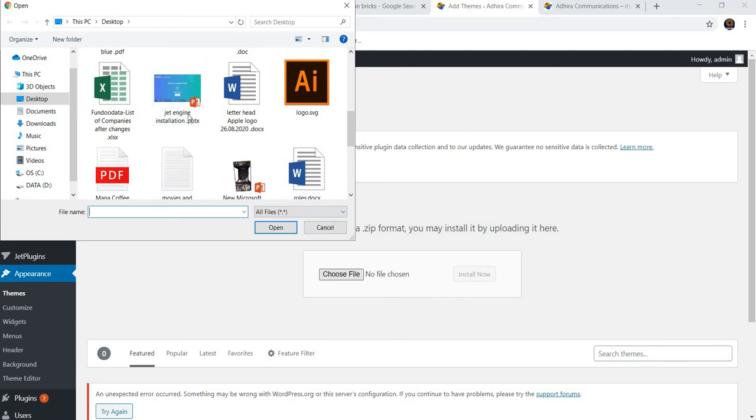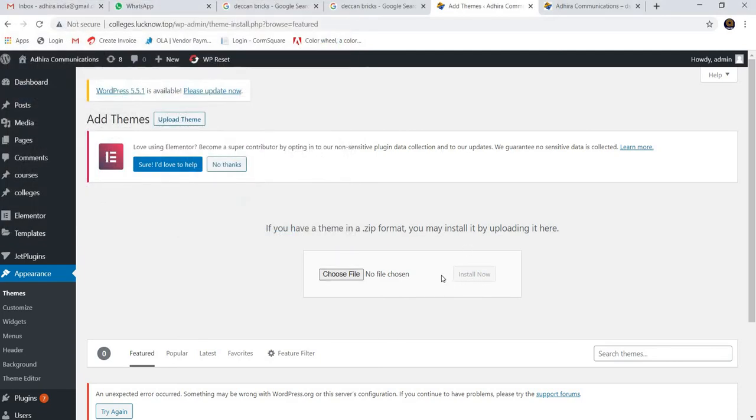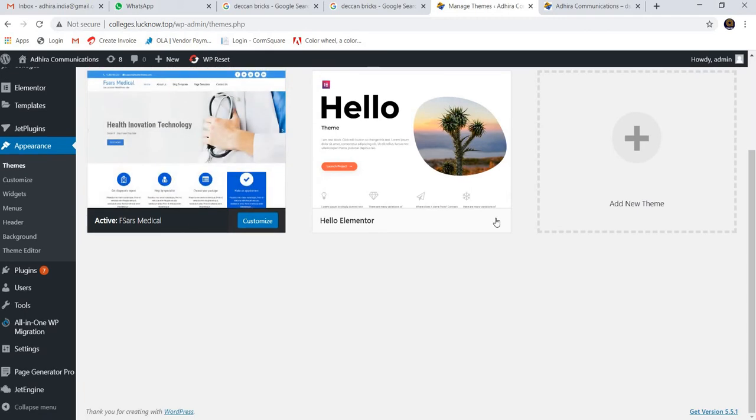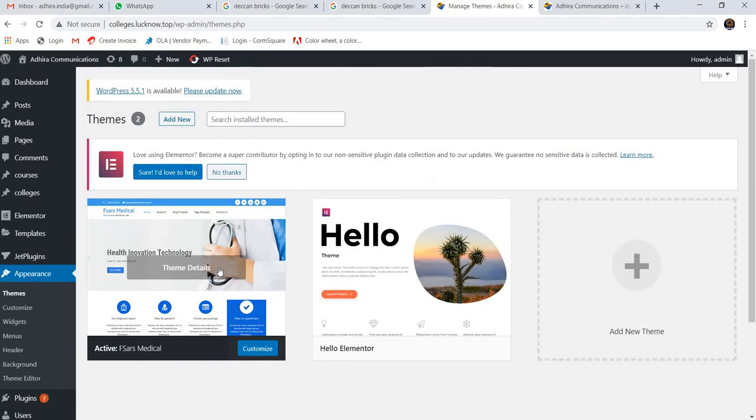After selecting that folder, click Install Now, and then the installed theme can be shown in Themes. Here we can see what we have purchased. Once it appears over here, same process: click Install and then Activate. Once activation has been done, you can go to the website and see what it looks like.